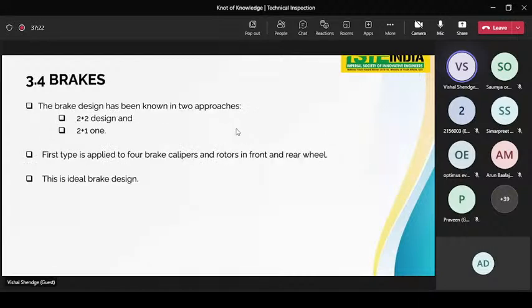Then brakes. Brake designs have been divided into two approaches, that is, first is the 2+2 design and second is the 2+1 design. The first type applies 4 brake calipers and rotors to front and rear wheels. And this is the ideal brake design. Most teams are using this